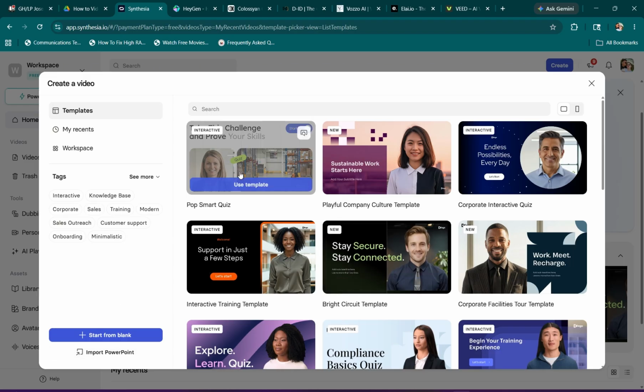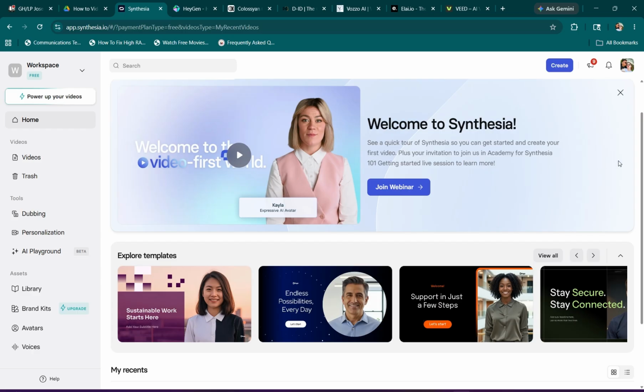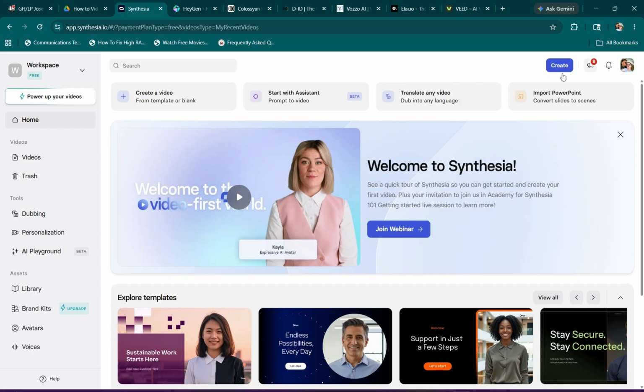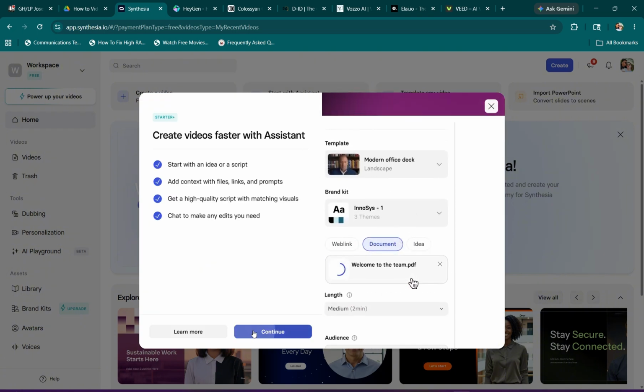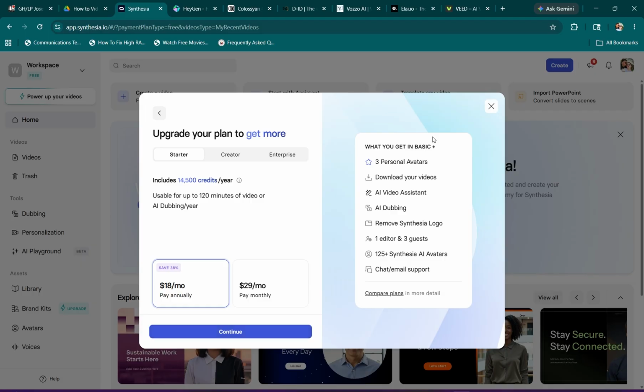The second option is the AI Video Assistant. Click New Video and select the AI Assistant option. You'll see an input field where you can type a topic description, paste a URL from a web page, or upload a PDF or Word document. Type your topic, for example, a 5-minute onboarding video for new employees covering company values, communication tools, and the first